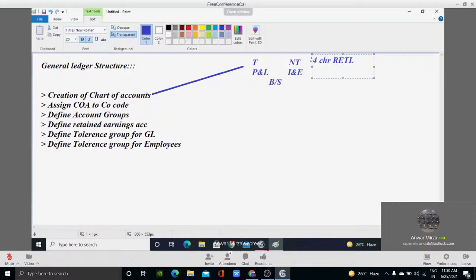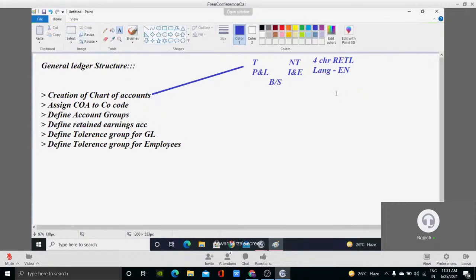Now, the second most important thing here is the language in which you are about to maintain your accounts. Obviously, it's English, because the rural languages which we usually speak in India are not available with SAP. How many languages does SAP support? I told you on day one, right? How many languages does SAP support right now? More than 40 plus, right? You have seen on that day. It is 40 plus.